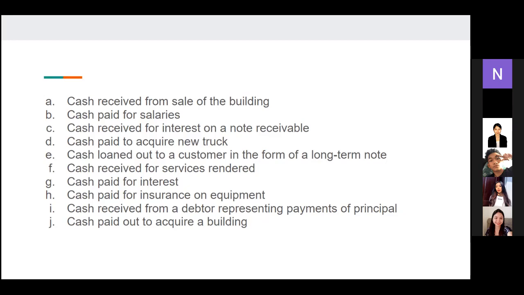I guess, investing siya, cash outflow, yung for property and equipment. Doon ba siya? Yes, acquire a new truck. Tama. So, investing activity. Dahil non-current asset yung new truck. Kaya investing activities. So, sa letter E naman,